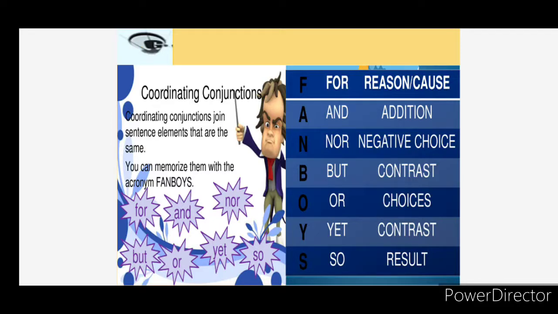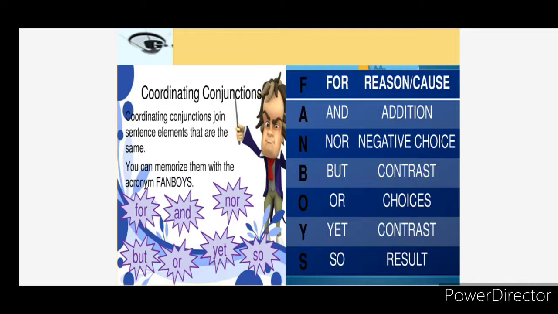F stands for for, which can be used for reason or cause, A stands for and, when you need to add something, N stands for nor, where you have to give a negative choice, B for but, for making contrast, O for or, for choices, Y for yet, for contrast again, and S for so,